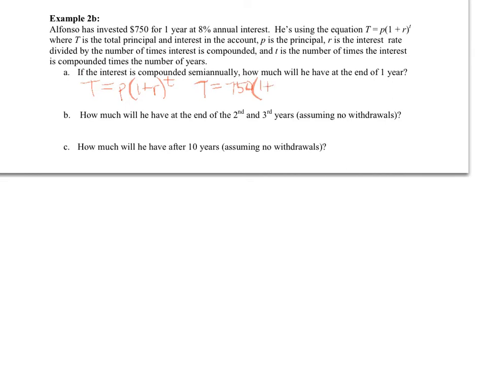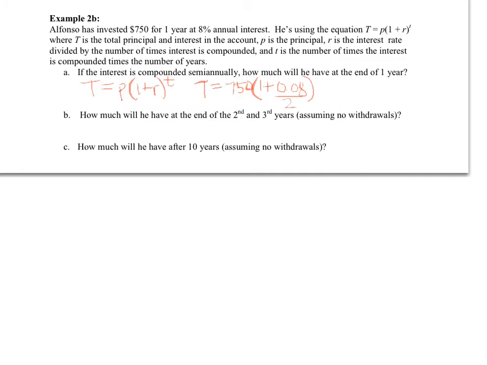1 plus R is the interest rate. And in this case, it was 8%, so you got to do 0.08, because that's 8%. Make sure you change that to decimal. Don't just put in the number 8. It has to be 0.08. Divided by 2,